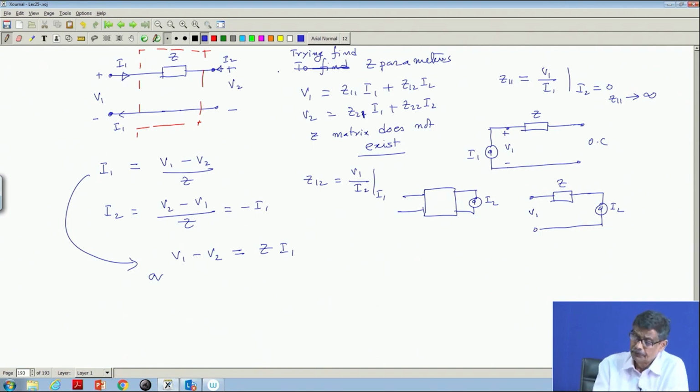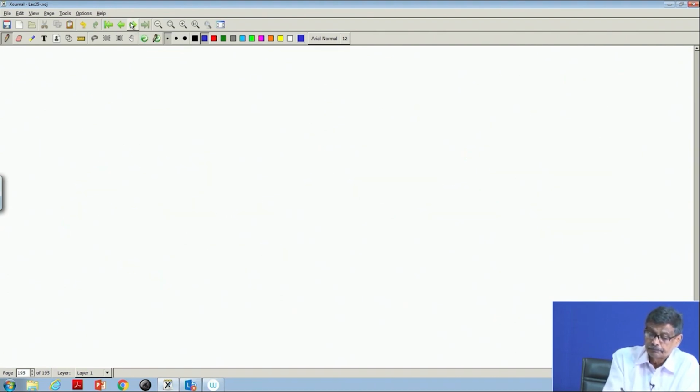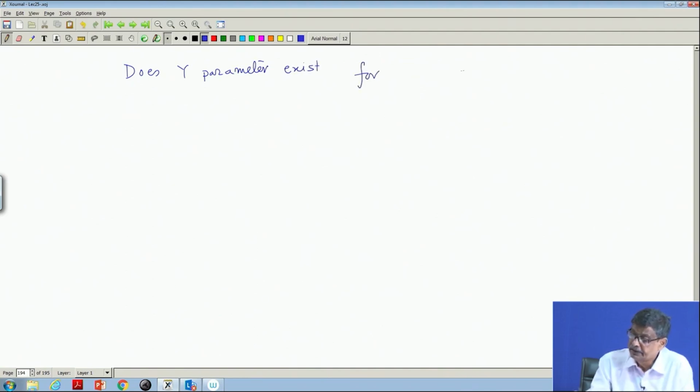Therefore, you understand this point. Now, does the Y matrix, can I find out the admittance matrix of this? Let us try to do it. So, for this network, let us try to find out, do Y parameters exist for this network,